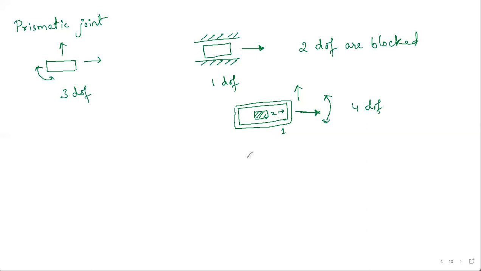Now you fix one of the links. If you fix one, you will come to know what's going to happen. So fix one of the links. Yes, I'm fixing link 1. So once you fix link 1, only one possibility is there, right? It can only slide inside. So here 1 degree of freedom is possible. 1 DOF is possible over here. So now what is happening here?